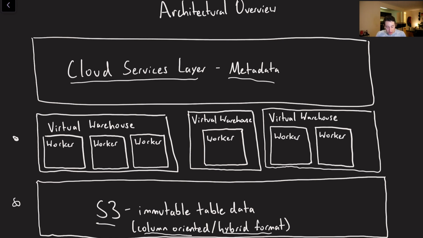Cool. And then the layer that we haven't covered just yet over here is called the virtual warehouse. So the virtual warehouse is something that, again, you provision within Snowflake, and it's basically a small cluster of worker nodes over here, where each worker node can basically run together within a query, read some subset of S3 data, perform any computations that it needs to on it, potentially shuffle data between the workers, and then ultimately return that right back to the user.